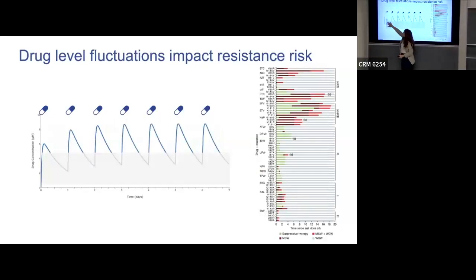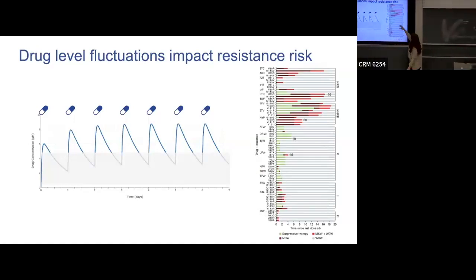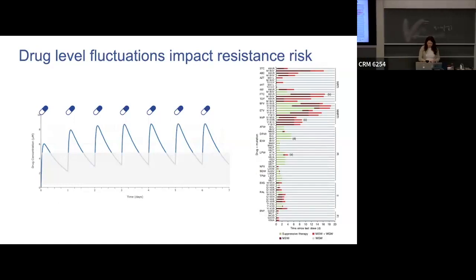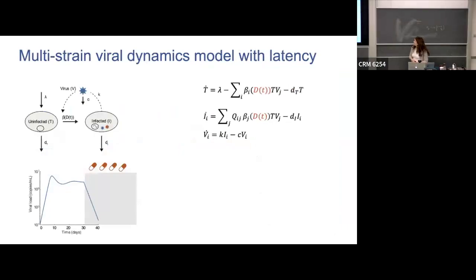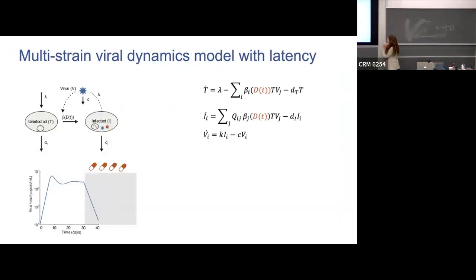Okay, so right, basically here's a picture of that. This is the levels of drug concentration over time. This is just an example HIV drug and a population average. When you take a pill, drug level's high. Between doses, it's going down. If you miss a pill, it could go even further down. And there's maybe some regime here where mutants are selected. And for whole panels of mutations, you could work out what these drug regimes are where that would be selected. But more importantly, you could put this together in a model that can account for all of this,